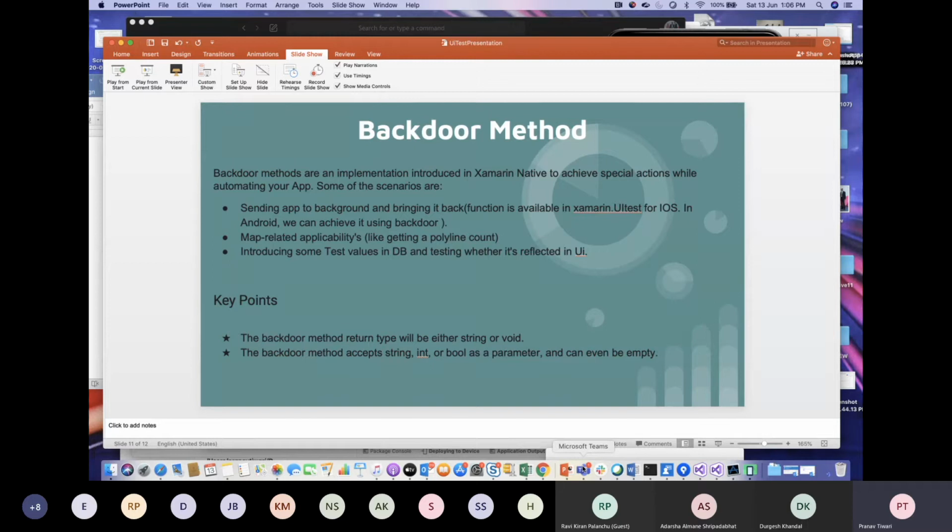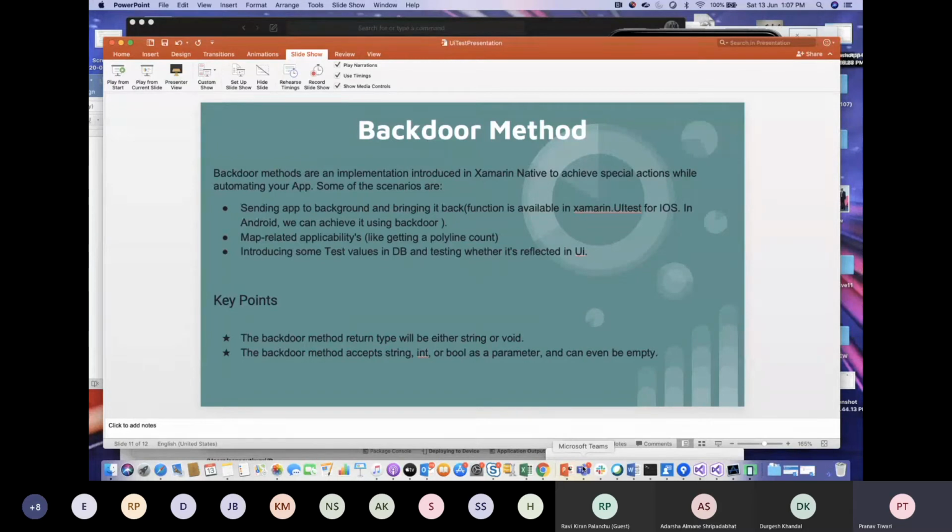So using this backdoor, we have given it a try, and it was quite easy to implement tapping on that particular marker. And we are going to see how we can work with this backdoor method. So first we'll go through some key points, or the constraints, this backdoor method has.